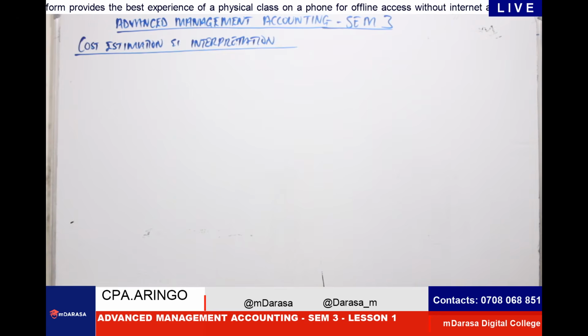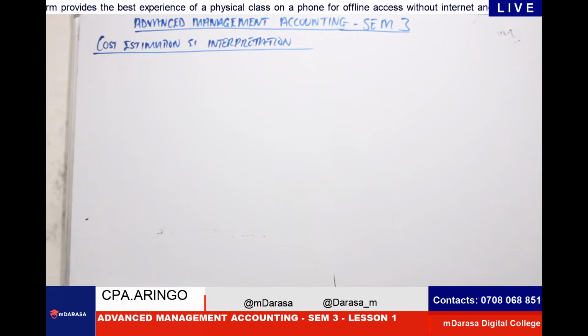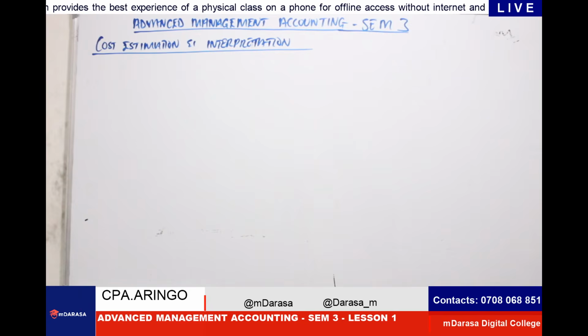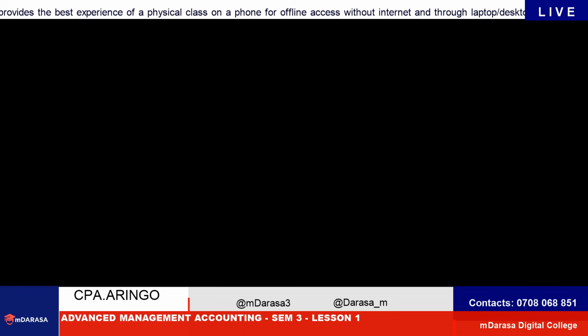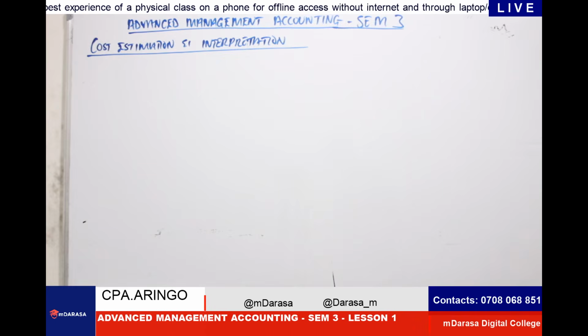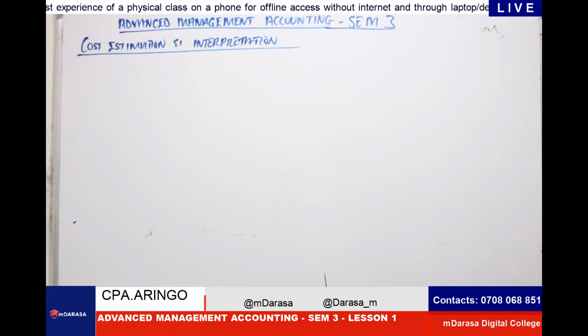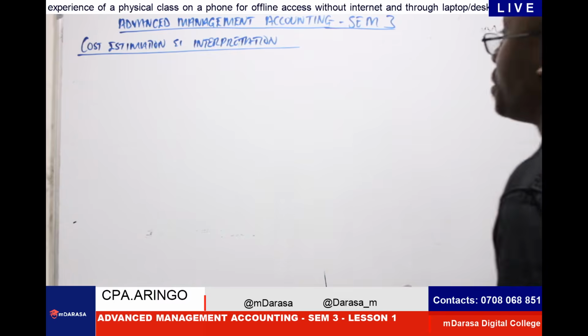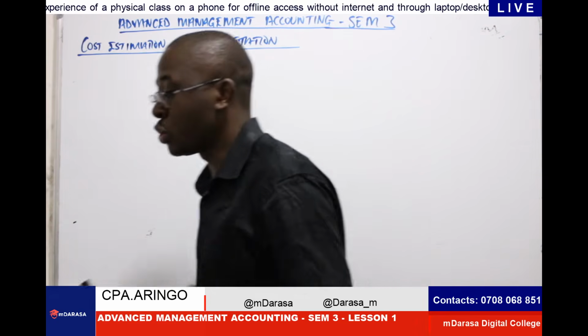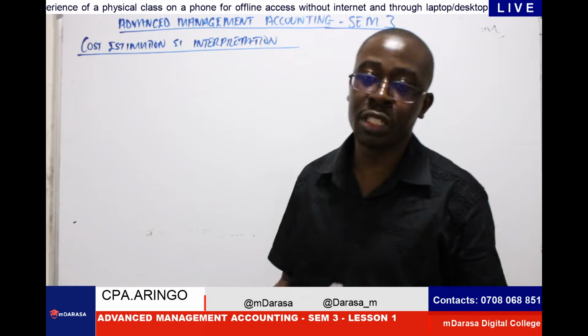So the whole idea behind estimation is that I need to predetermine the cost. I need to forecast the cost in future. I need to predict the cost in future. This is what we are looking at under cost estimation. All this I'm giving you are synonyms of what estimation entails. It's not something that has happened, but something that we're trying to come up with.